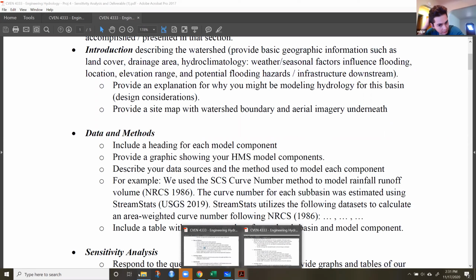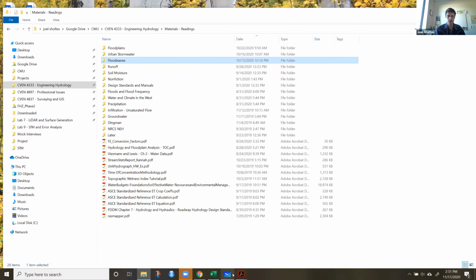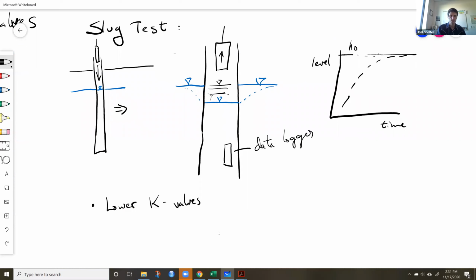What's the purpose of these last two tests? Or like what are we trying to find? The tests are specifically to find the K value. So you're trying to test properties of the aquifer. I'm not going over all the equations and stuff like that, and so it's a little bit out of context. I just wanted to tell you guys these things exist.